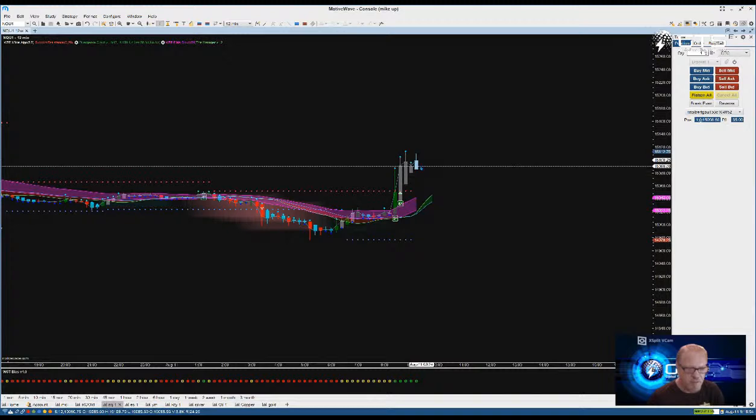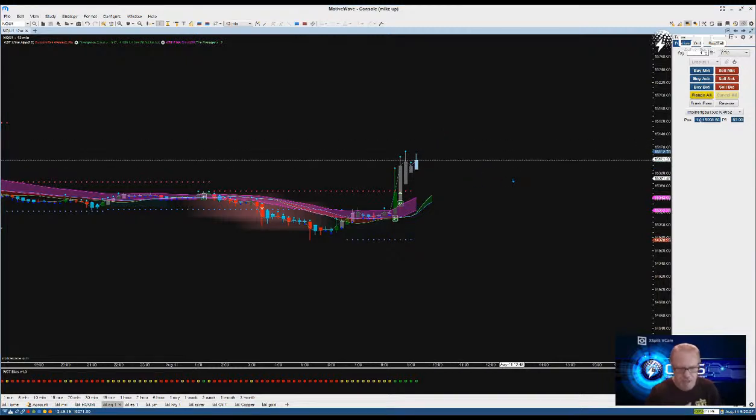This is a lesser volume here, but it's still got almost 4,000 in volume on this candle. So we're just waiting. This is like a one candle wonder here. So we're just going to wait for it to push up. You're still in it too. Good deal, Daniel. I think we're going to get it.